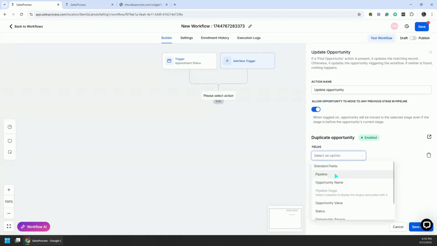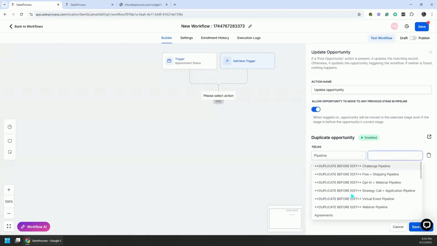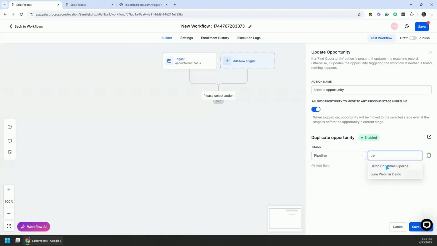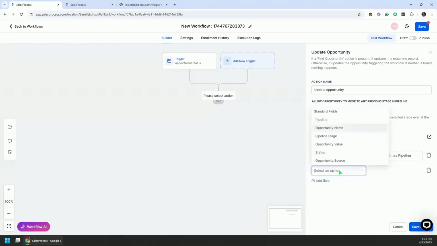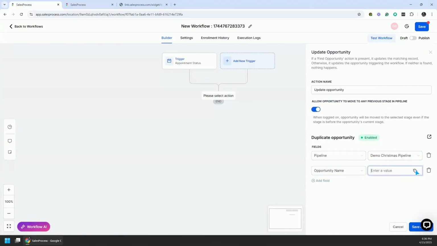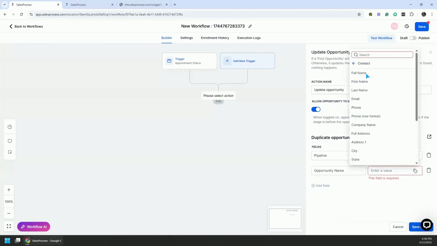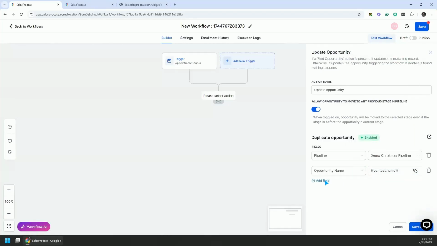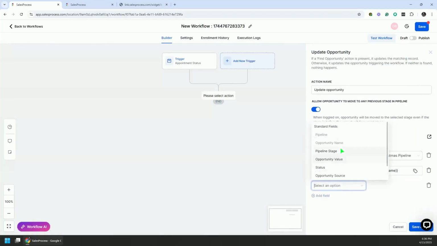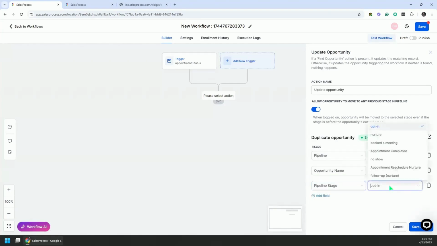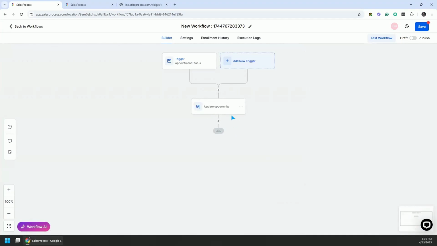Duplicate is enabled. So pipeline is going to be demo, Christmas, and appointment. Opportunity name is going to be again the same, full name, and pipeline stage is going to be appointment completed. Let's put him there,